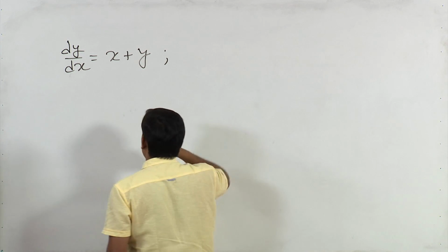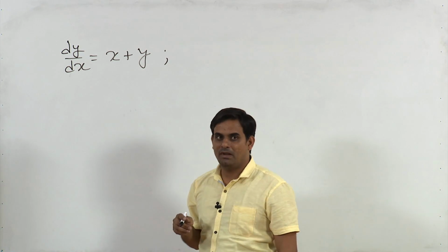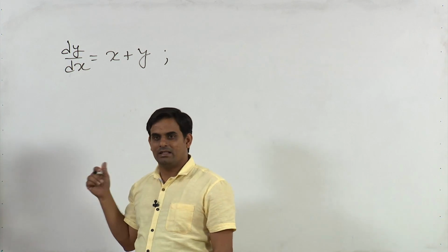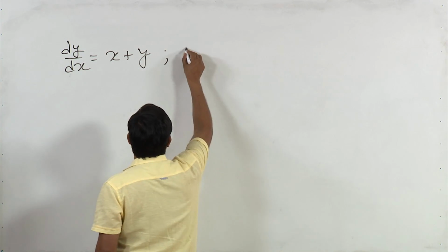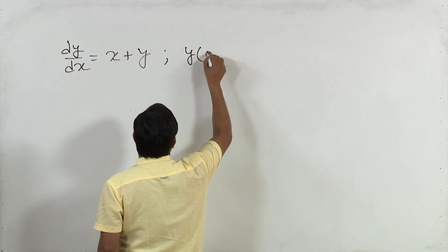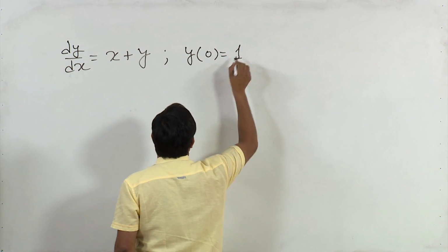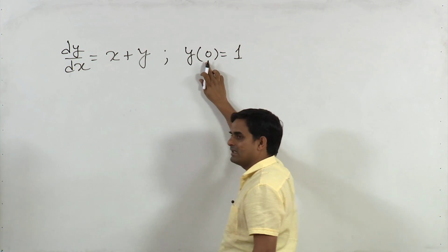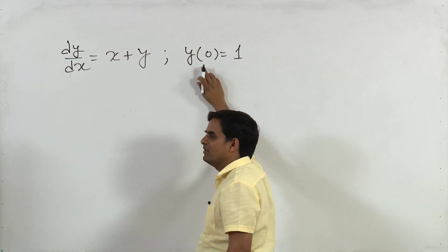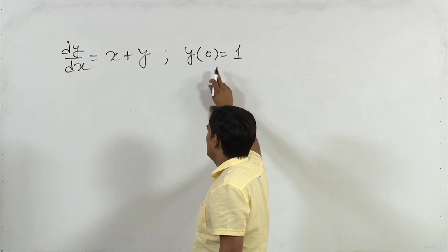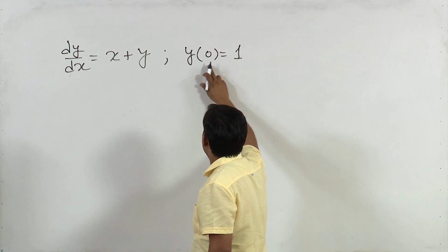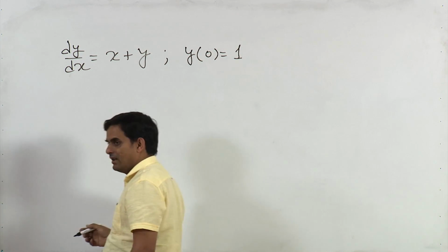So, it is a quite popular example and you will find this example in many books. Here y 0 equals 1, that is, initially x is 0 and the initial value of y at x equals 0 is 1. Now,